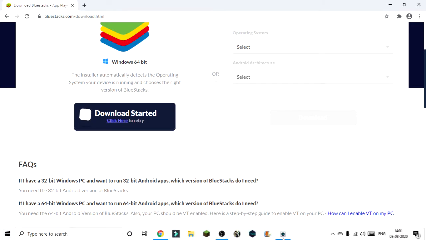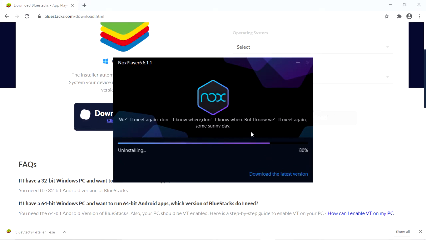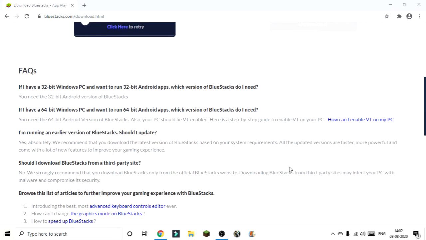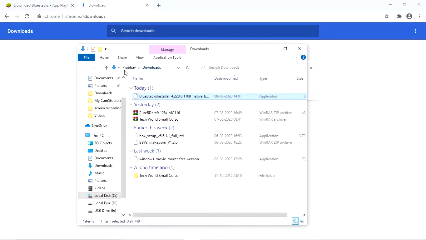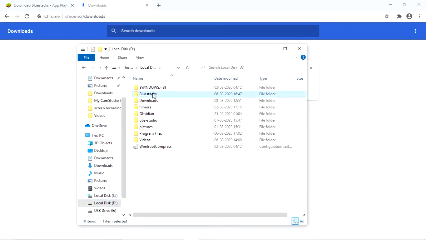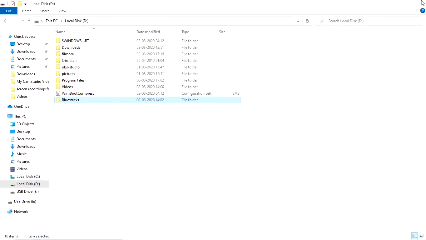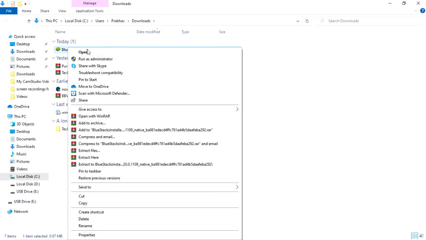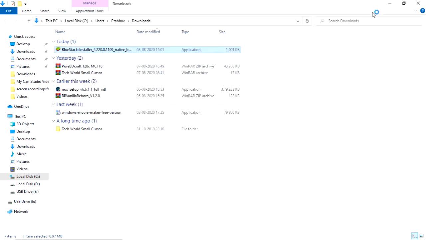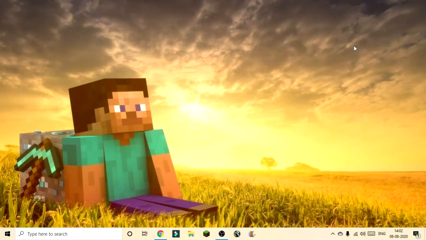You'll get an exe file. Wait a second, I'll just uninstall this. Complete. Thank you. So if you just press Control J, your BlueStacks installer has been downloaded. So guys, BlueStacks I do have, and I'll make a new folder named BlueStacks where I can save my games and my apps. So let's go open the emulator. Right click on it and don't hit run as administrator. Just double click and hit open. You may all say run as administrator, but you don't need to do all that.